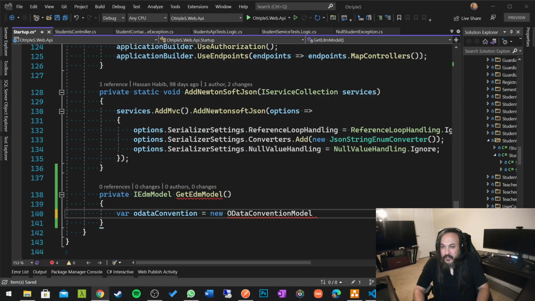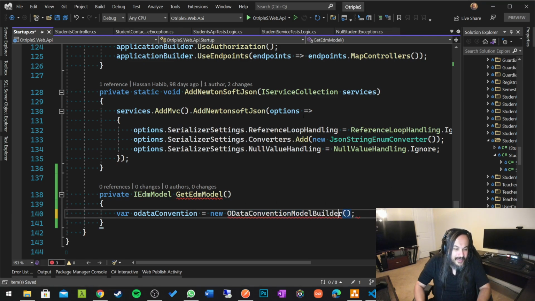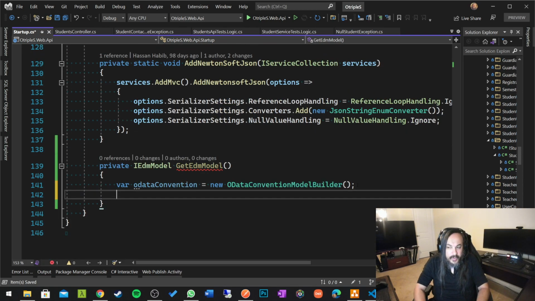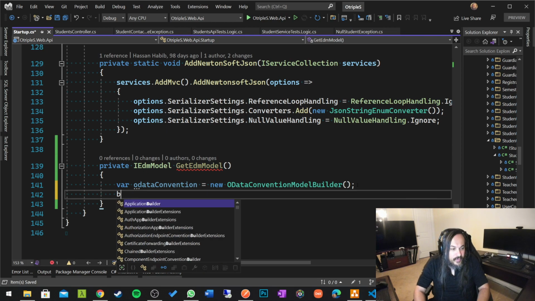And you don't have to remember all of that. It's just if the model is a little bit too long and all of that kind of stuff, just go ahead and use the OData convention model builder. It's a little bit of a long model, but here we are. Okay, so is this guy,